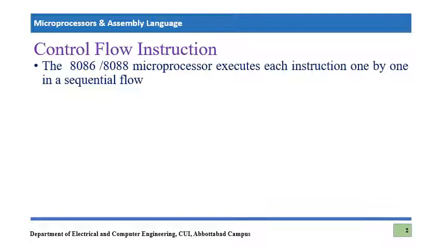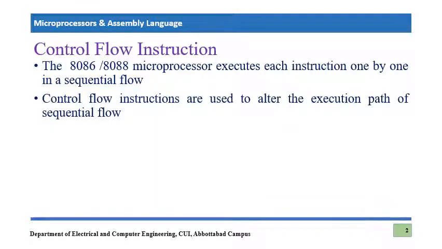That means if instruction 1 is executed, the next instruction which will be fetched inside the microprocessor is basically the second instruction, and once that second instruction is going to execute, then the third instruction will be fetched, and this process continues onwards. So we know that, but control instructions are instructions which can alter this flow, or which can alter